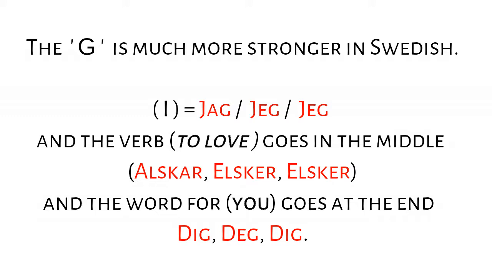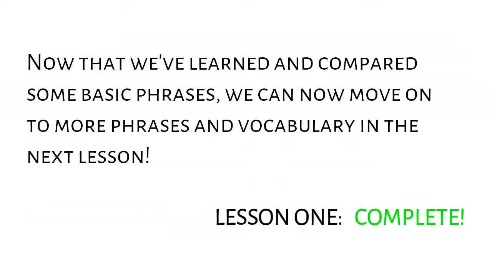I is Jag, Jeg, Jeg, and the verb to love goes in the middle: Älskar, Elsker, and Elsker. The word for you goes at the end: Dig, Deg, Dig. Now that we learned and compared some basic phrases, we can now move on to more phrases